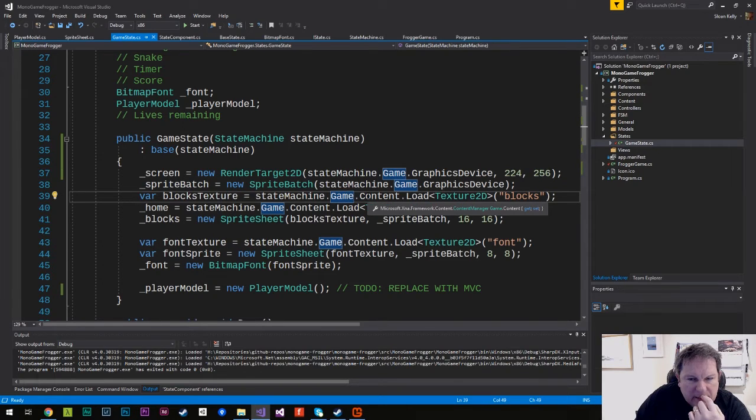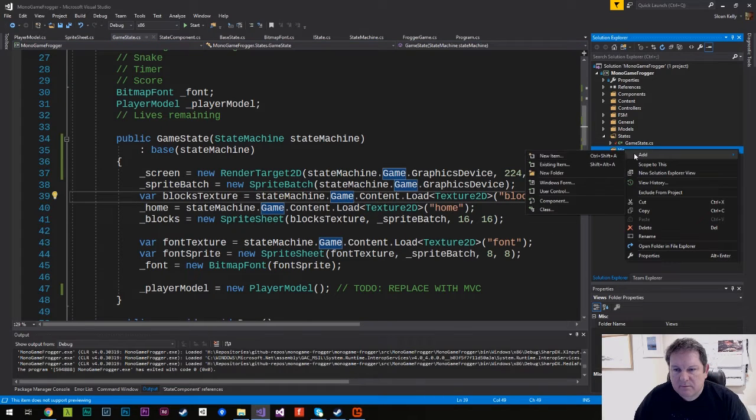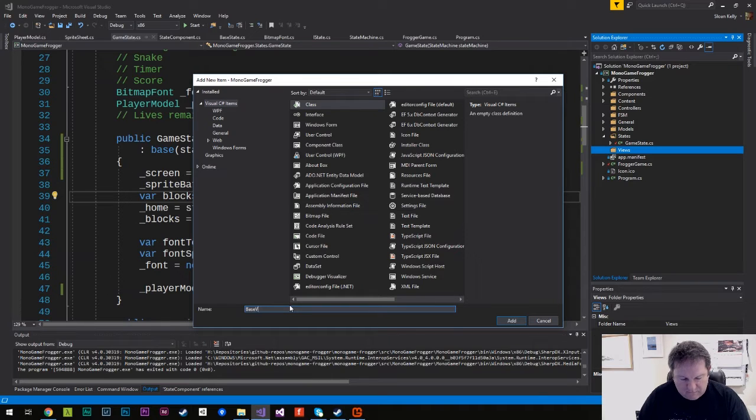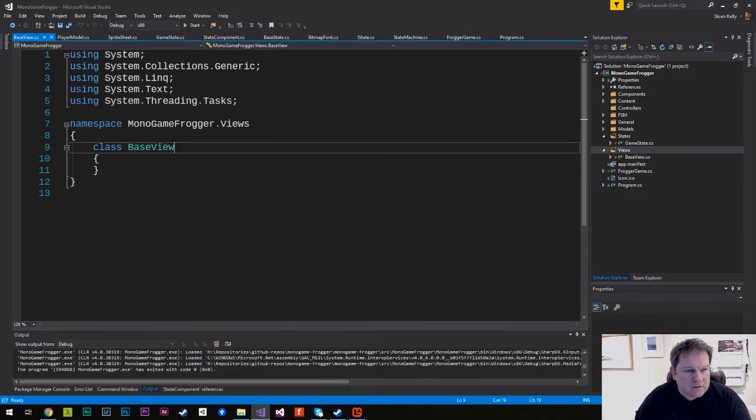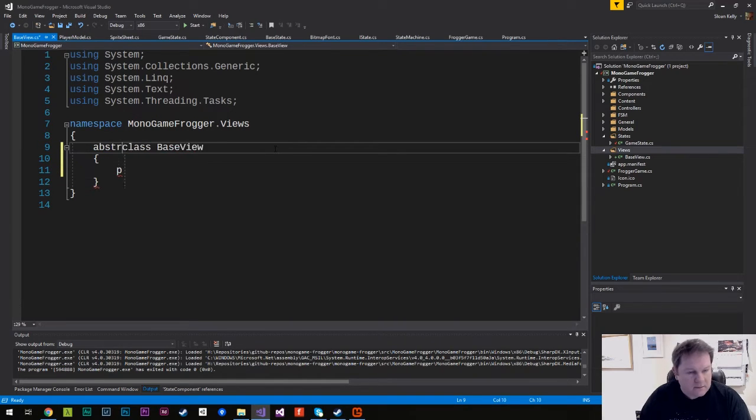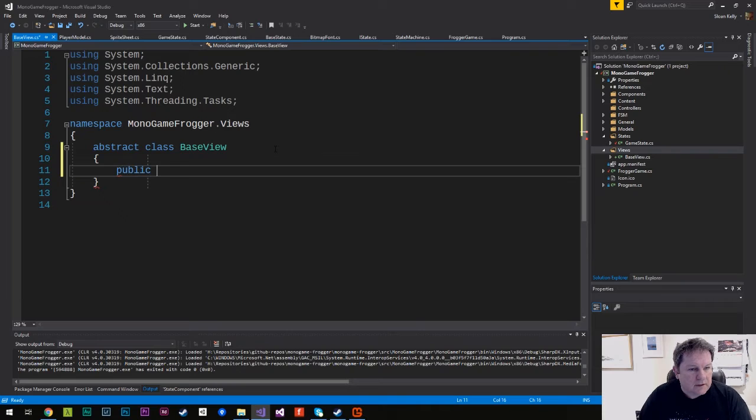I don't think we need anything other than the content manager for this. So I'm going to add a class, and I'm going to call this base view. And base view is going to handle all our drawing things. So I'm going to say that's going to be an abstract class. Public base view content manager,